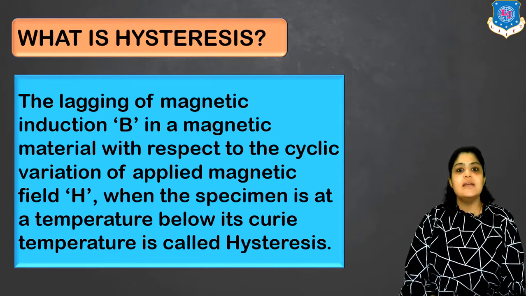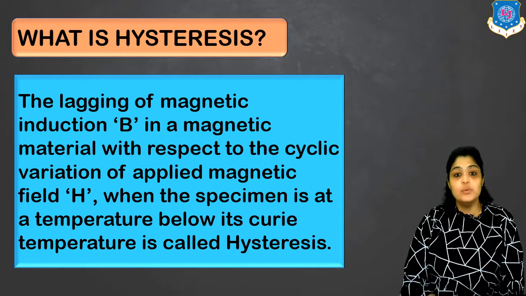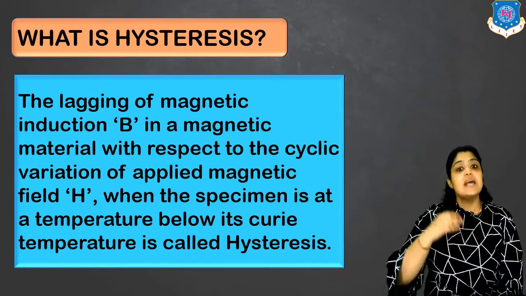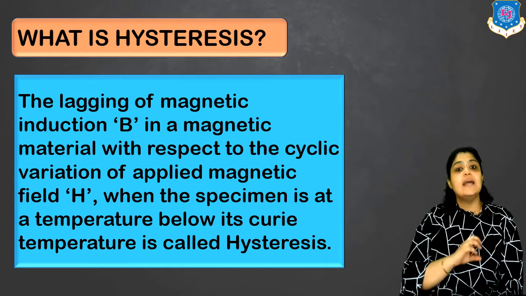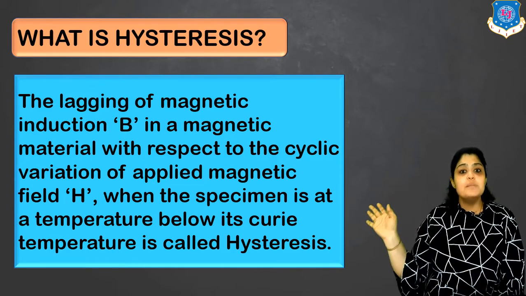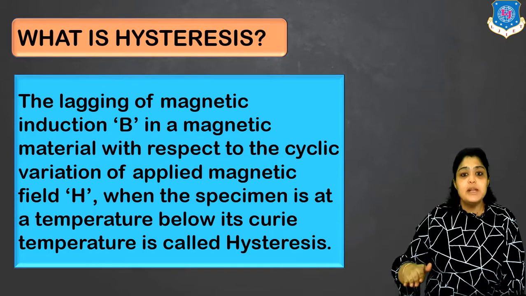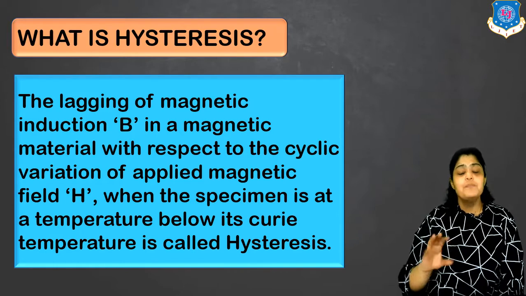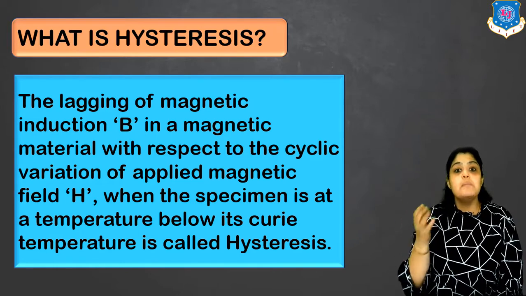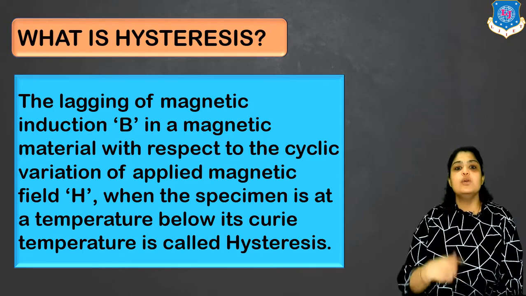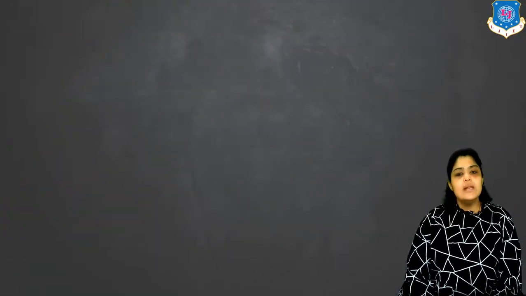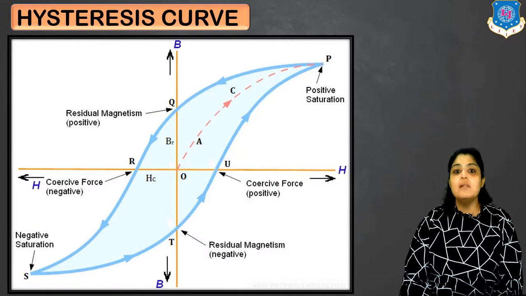Now, why do we say that the temperature of the sample should be below the Curie temperature? Because if it is above the Curie temperature, it won't behave as a ferromagnet or ferrimagnet, it will behave as a paramagnet, because the higher the temperature, the higher the possibility that dipoles get randomly oriented. So this process takes place at a temperature below the Curie temperature, where the material behaves as a perfect ferromagnet. Clear? It is about how the magnetic induction lags with respect to variation of the external magnetic field or the magnetic field strength. Let's understand hysteresis properly with the help of a diagram.